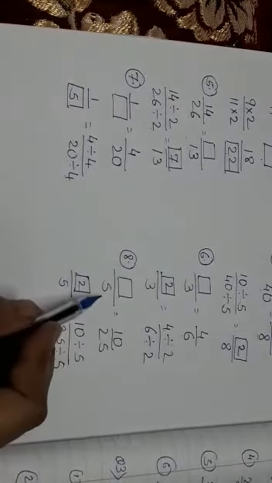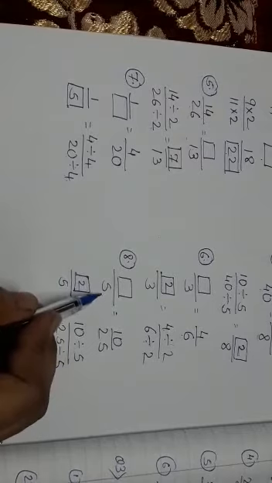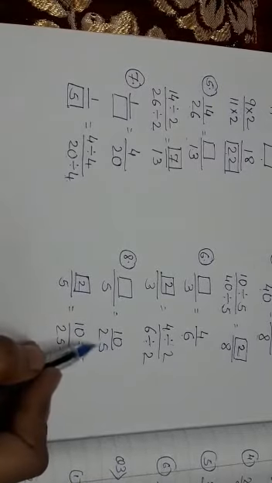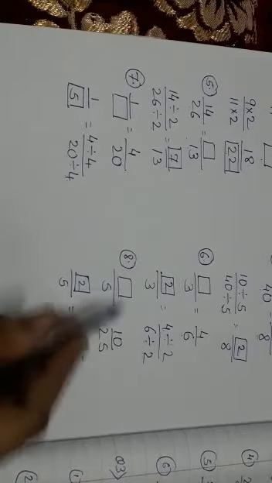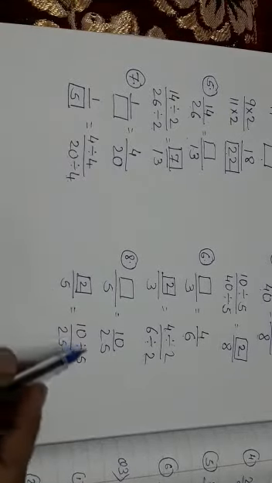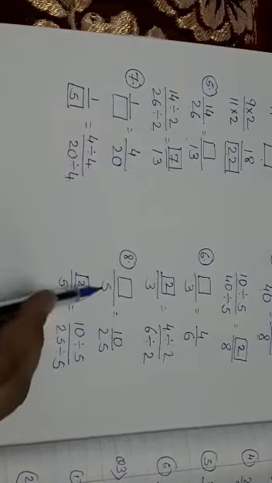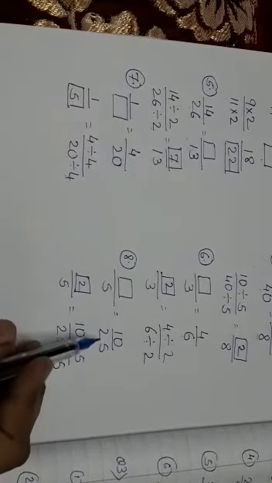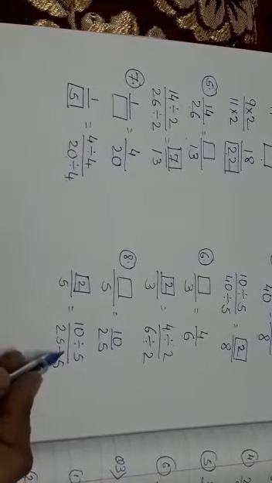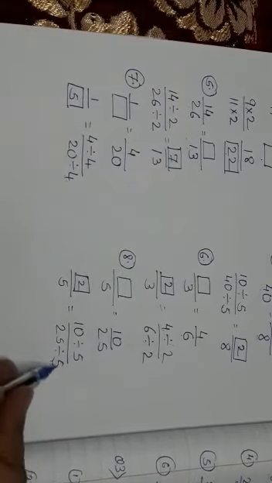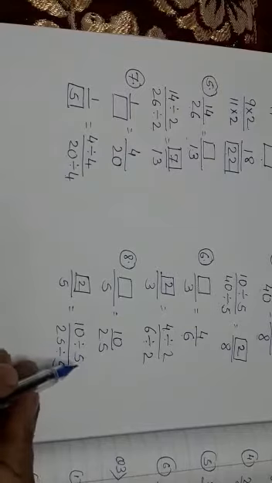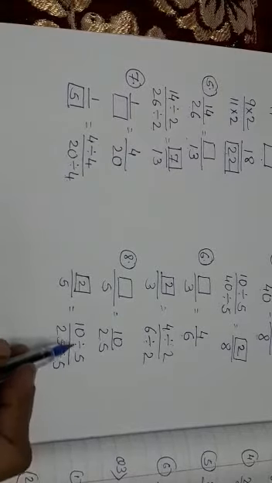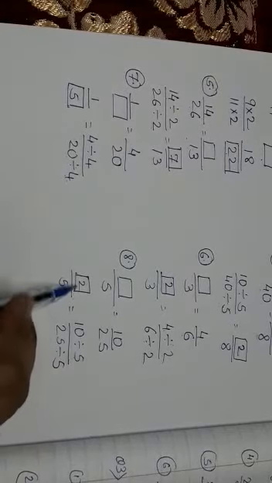Now see the 8th one. Again the first fraction is incomplete and the second fraction is 10 upon 25. Now with the help of the second fraction you will solve the first fraction. Now here 5 and 25, in 5 table, 25 comes. So that's why I have written here divided by 5. So that has given you 5, and the same thing in the numerator also divided by 5. So 5 2s are 10. That's why I have written here 10.